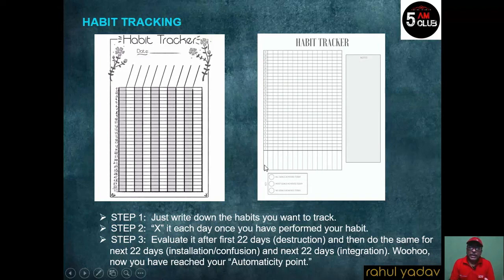Or similarly, you can use this tracker. You can write your habit over here, 1, 2, 3, 4, 5. In a similar way, you can write your habits over here, and you can track them just by putting a cross. Once you have performed that habit, maybe reading a book, if you have read at least 1 page, you can put a cross on the corresponding date that you are reading the book on. If you are exercising for 15 minutes, you have exercised for 15 minutes, and today is the 3rd June, you can put a cross on the 3rd June corresponding box, and you are set to go.